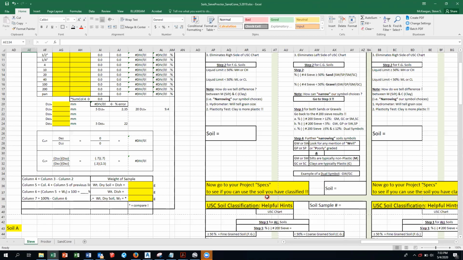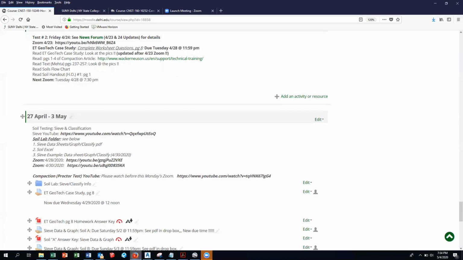So once you classify it, and once you have your source of engineered soil or engineered fill, then you have to check what the compaction requirements are going to be. And so I would have you go back to,